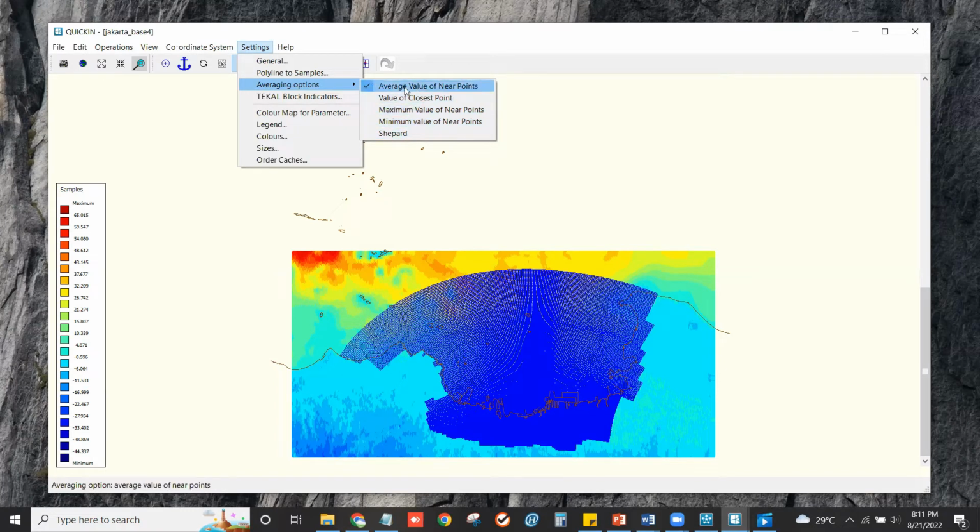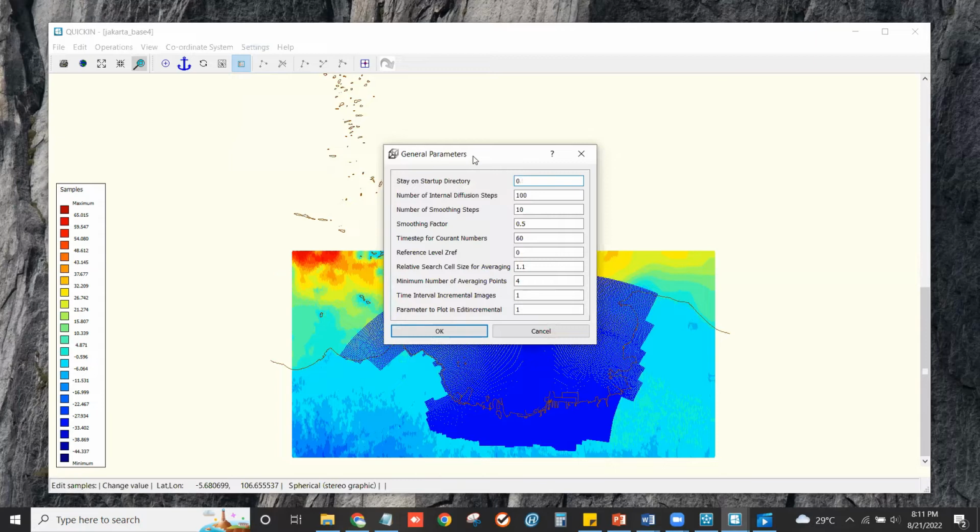We can choose the average value of near points. After that, we click general setting, general, and in the general parameters we can see the minimum number of averaging points.